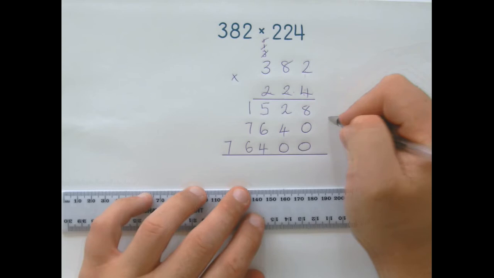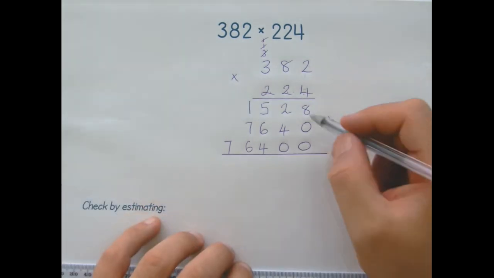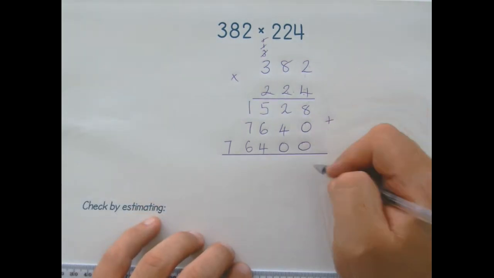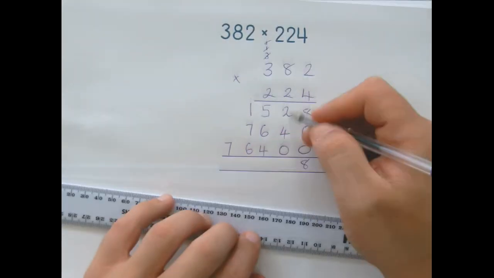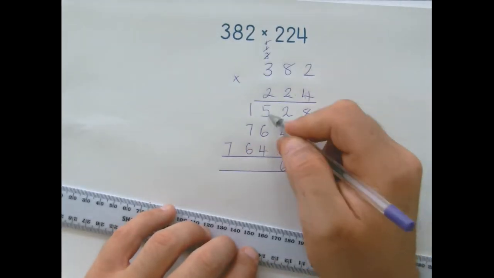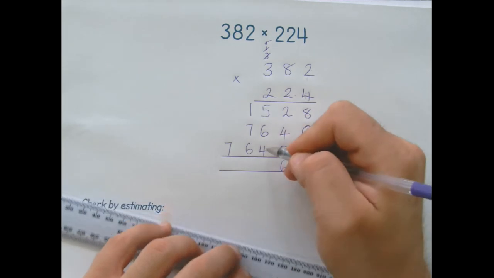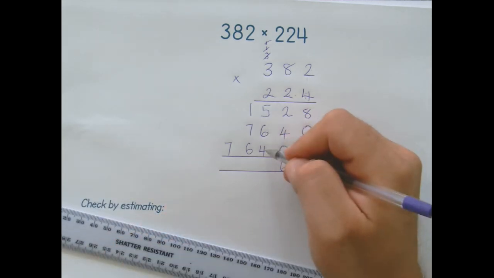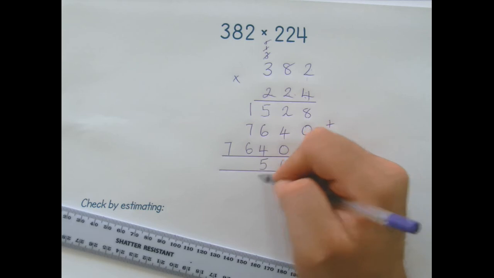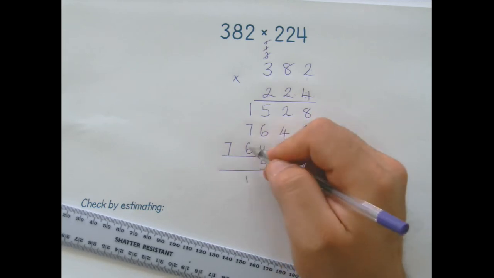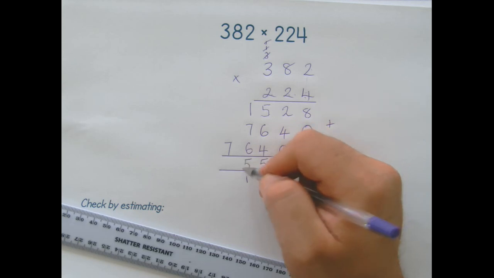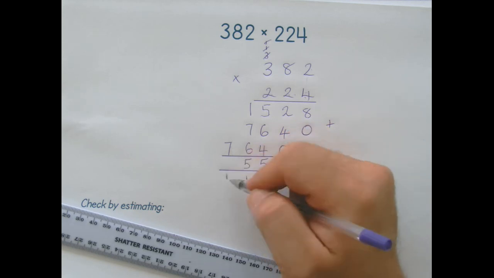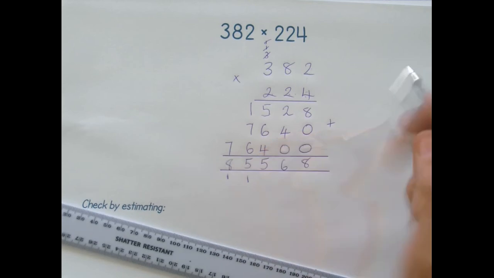And then finally, you've got your 3 lines of multiplication. We need to add them. Okay, so this becomes 8. 2, 4, and 0 is 6. 5, 6, and 4 is 15. So 5, carry 1. 1, 7, and 6 is 14. Plus the 1 is 15. So 5, carry 1. And then the 7 plus that 1 is 8. So my answer is